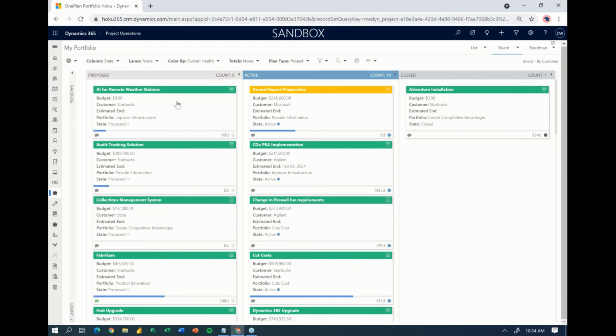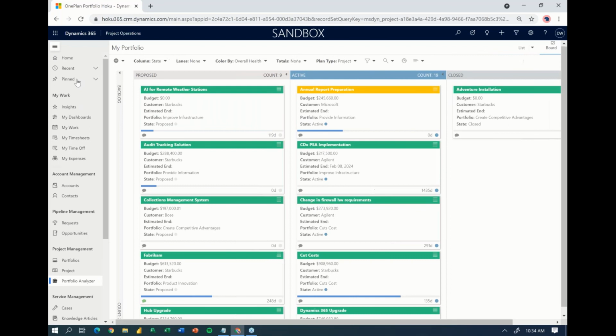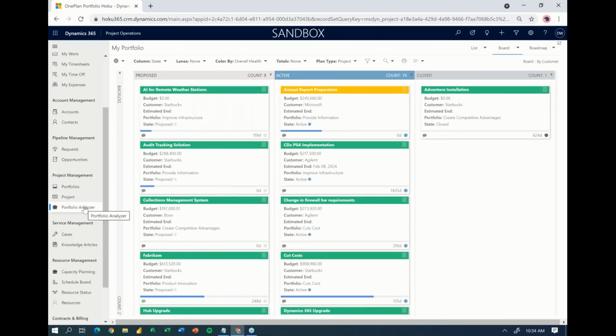So you have lots of different ways that you can look at this data and use it to do your portfolio planning and make sure that we're fitting everything in, prioritizing it accordingly, and getting things done when we reasonably can. From there,